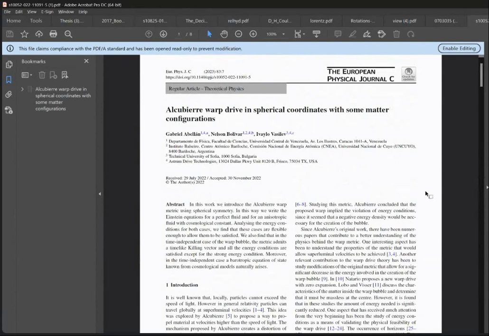Basically, what we're saying is that the spherical warp drive metric allows us to have some favorable symmetry. So it's significantly easier to work with the spherical warp drive metric in comparison with Alcubierre. This is what allows us to come to these conclusions easily, because we have to deal with significantly fewer equations. The other very important thing we were able to figure out is what makes any type of warp drive, in our case spherical warp drive, require positive or negative energy. I think this is a huge breakthrough, because now we understand what we have to put in the system to make it require positive or negative energy.